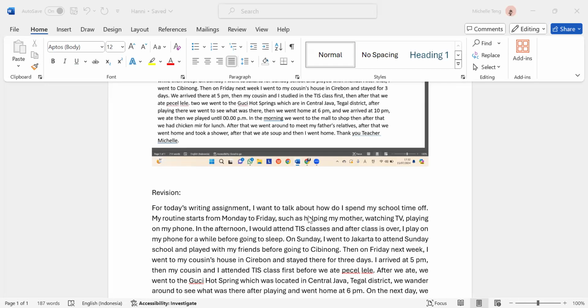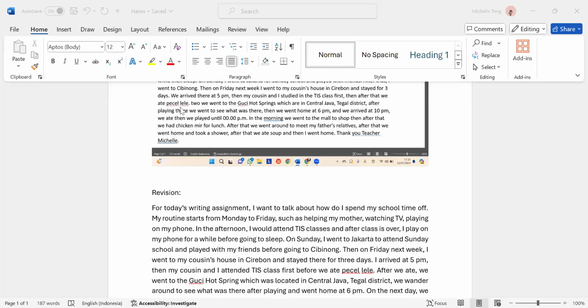Okay, full stop. So I think this is overly specific with the time. I don't think that would be really necessary if you're writing about your school time off, unless you're talking about some sort of chronology. I understand that you're trying to write the chronology, but I kind of cut that off because we should not be overly specific, because there are some inconsistencies right here.